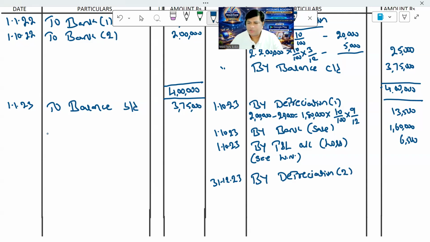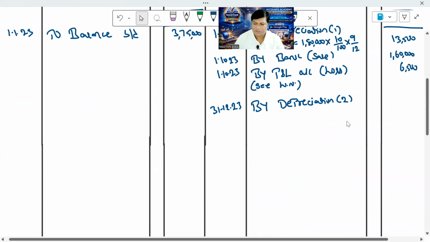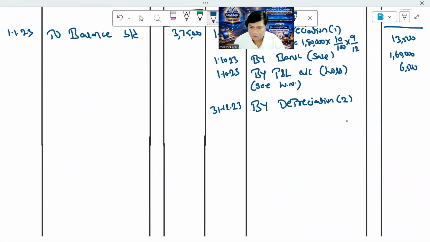And what is the second machinery value before this year? Second machinery plant value is 2 lakhs, and the depreciation is 5,000. So what is the balance of the second plant? Plant and machinery, you'll get 2 lakhs minus 5,000, it comes to 1,95,000. And the second plant has been utilized for the full year, so into 10/100, it comes to